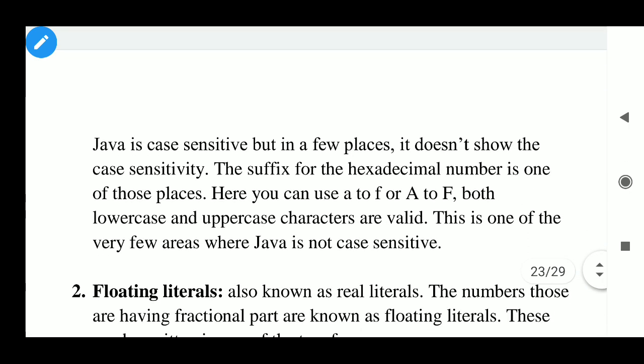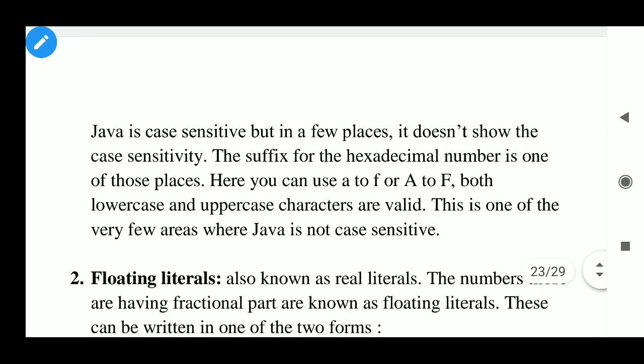Now Java is case sensitive, but in a few places it does not show the case sensitivity. The suffix for the hexadecimal number is one of those places. Here you can use a to f or A to F. Both lowercase and uppercase characters are valid.